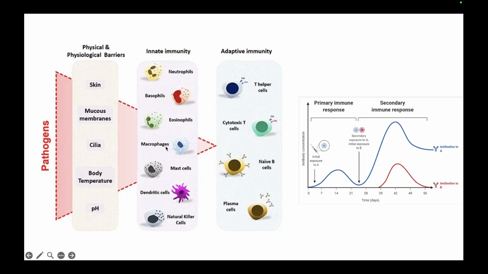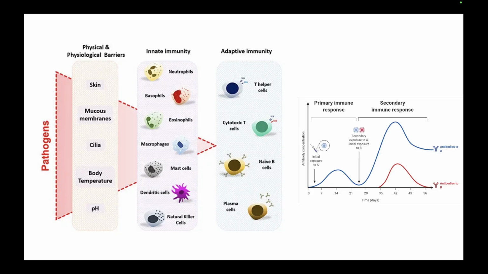We have talked about innate and adaptive immunity. We have talked about how this adaptive immunity is very specific. And the innate immunity comes before the adaptive immunity; the pathogen has to cross it one by one. So the pathogen has to cross first the physical and physiological barriers, which include skin, mucous membrane, cilia, body temperature, pH. If the pathogen is able to pass that as well, and the majority of pathogens cannot pass that,